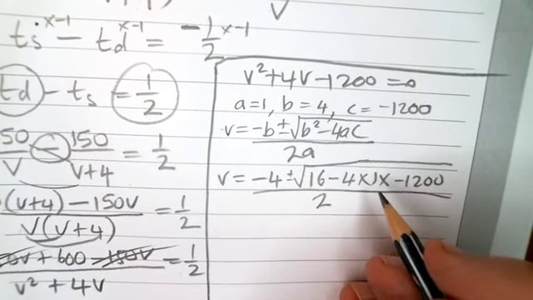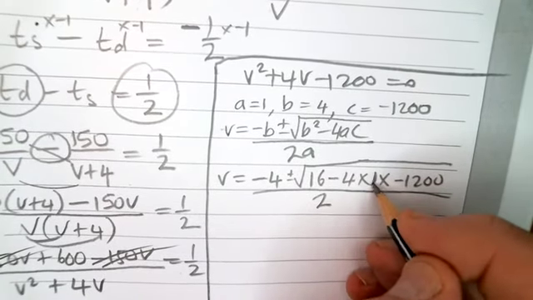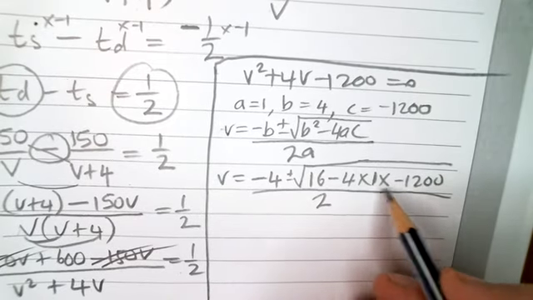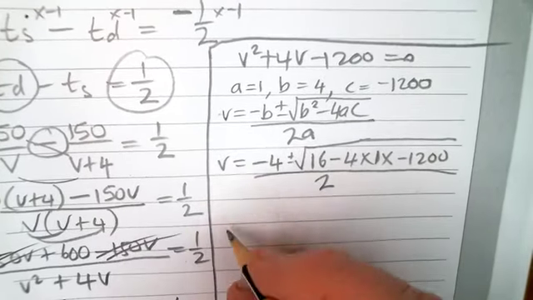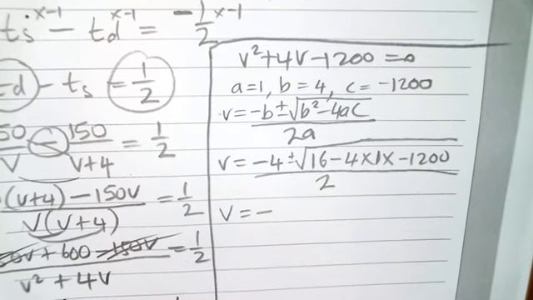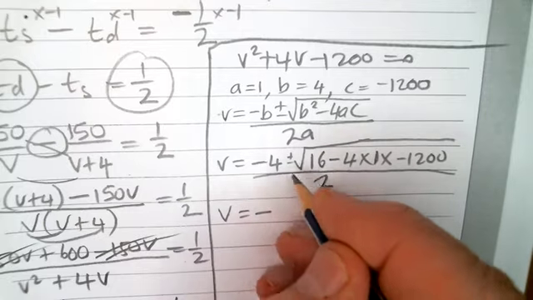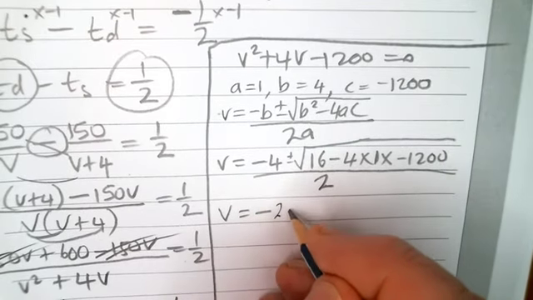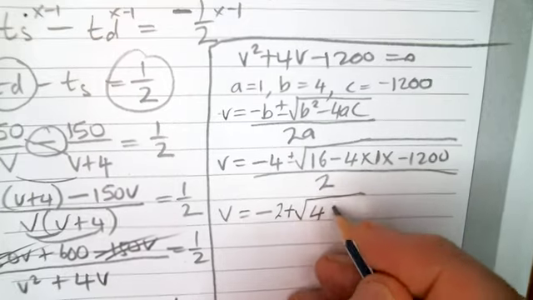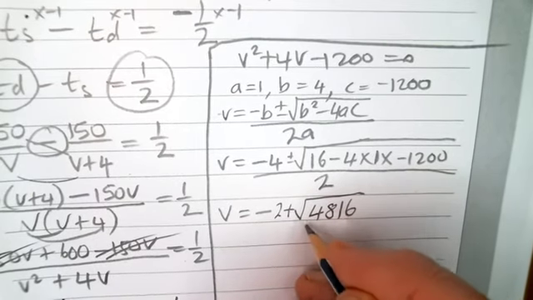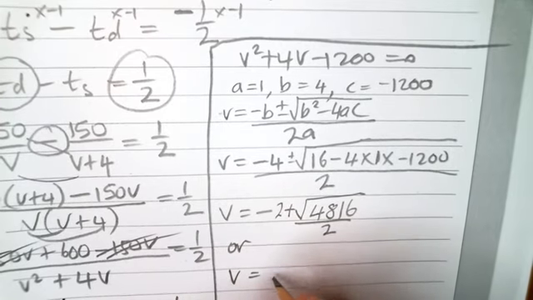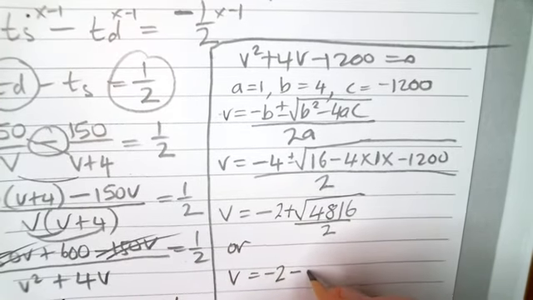Now, what have we got here? This is a 1, isn't it? Yeah. So we've got 16, and negative that times negative that, it's going to be 4816. So v is equal to negative 4. In fact, at this stage, I can actually divide by 2. So 2 goes into this here is going to be 2. And I'm going to go plus root 4816 divided by 2, or v is equal to negative 2 minus root